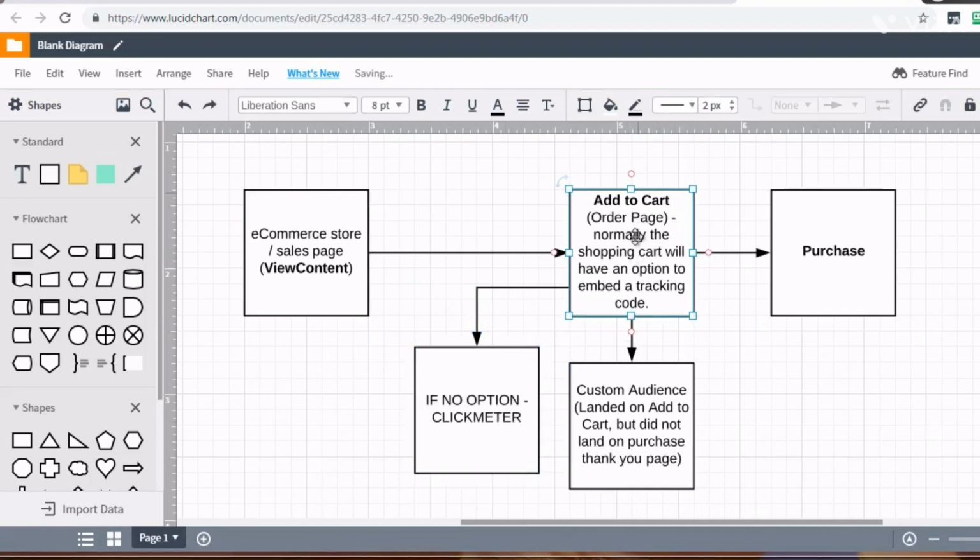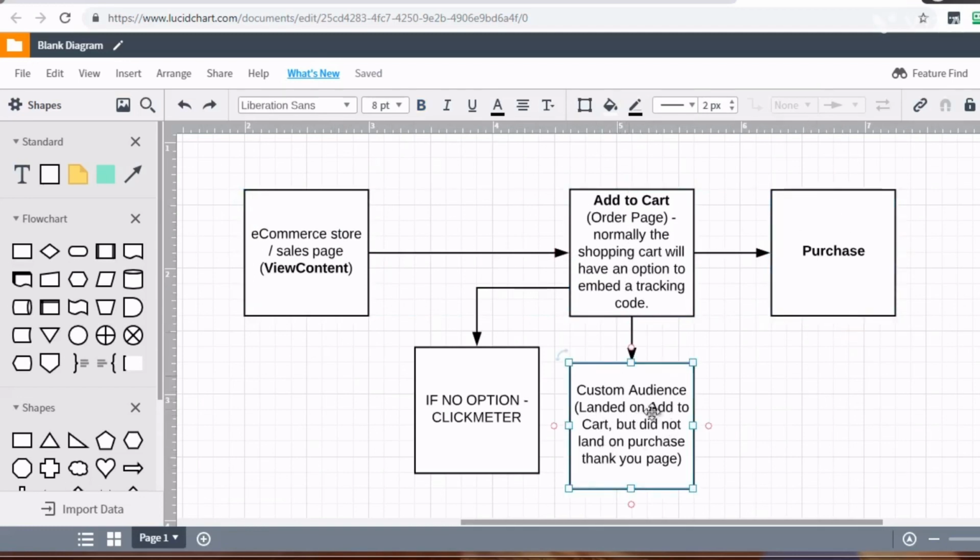And then, of course, we have add to cart, and then we have purchase. And then, like I said, you have these three pages, so 1, 2, and 3. Now you want to basically create a custom audience that says, if somebody lands on this page, so kind of think of some logic here. If then this happens. If somebody lands on here, which everybody lands on here, and then some people click on add to cart, and for whatever reason, they decided not to go here, we want to add them into custom